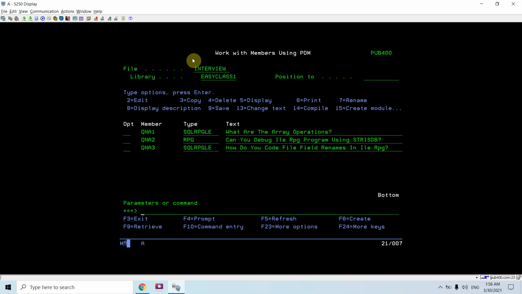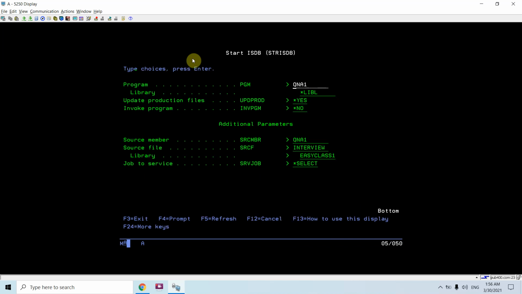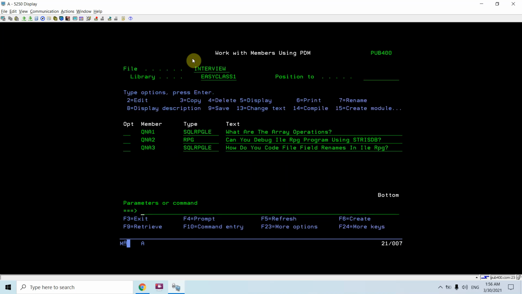Even after that, you can see I'm not able to use the STRISDB command with the ILE program. If I mention *SELECT here, QNA1, and invocation program *YES, even after that I'm not able to debug my ILE program with the STRISDB command.